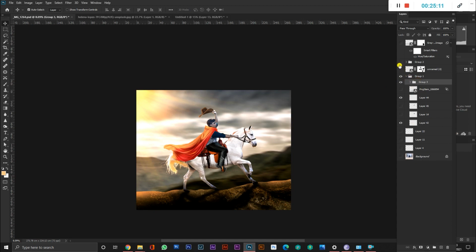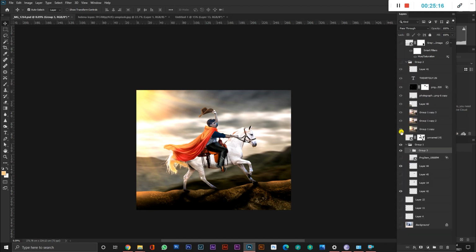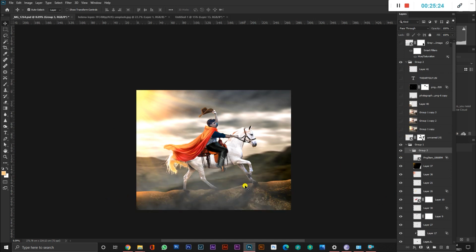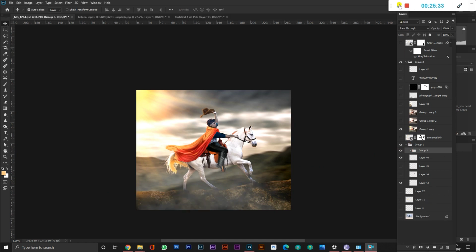Then what you can do is, when the full object is done, it will be looking like this. And I added a little bit of fog also in this, so it would look like the horse is running. And then I thought to add some grasses in between. It would give a feel that they're running on a journey.